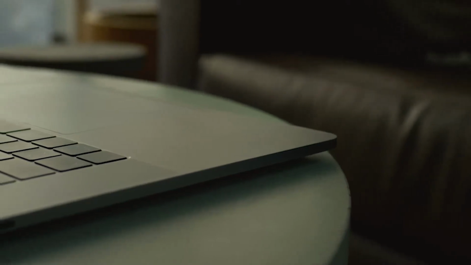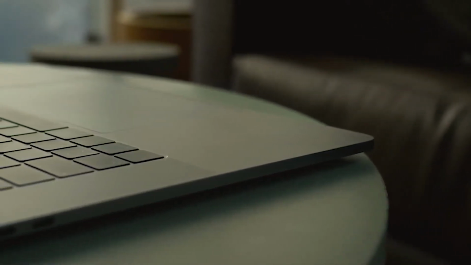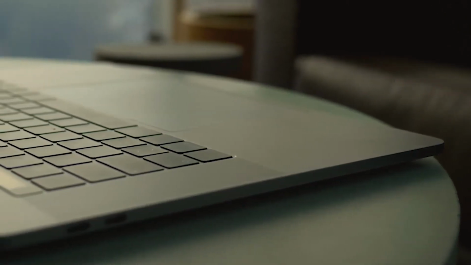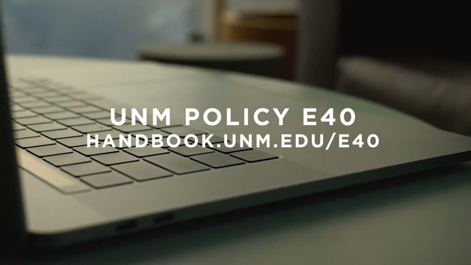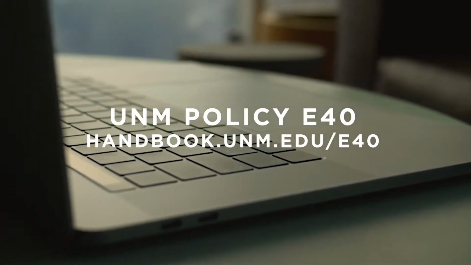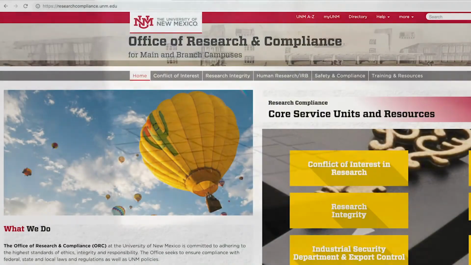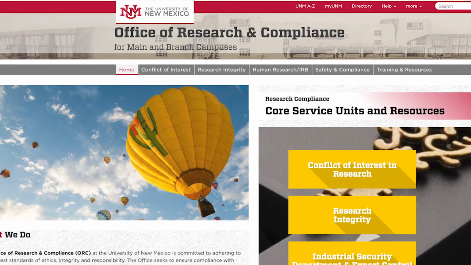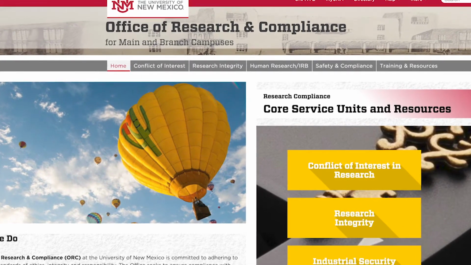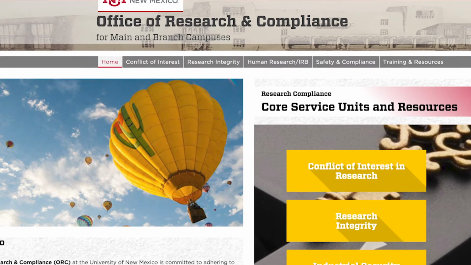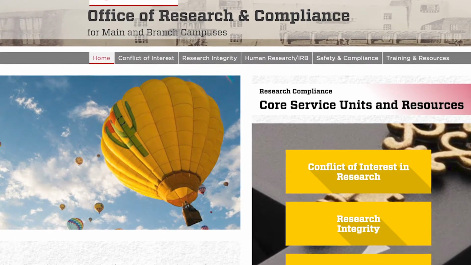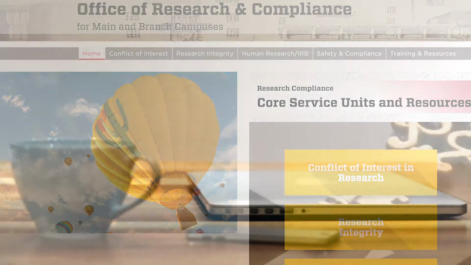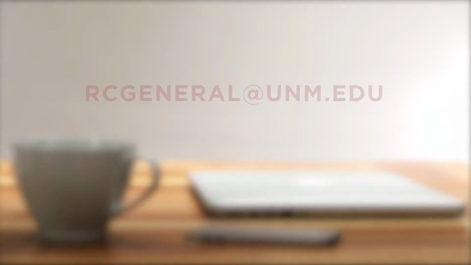All institutions that receive federal funding, including UNM, must have a process for reporting and investigating research misconduct. We follow UNM Policy E40, which details assessment of allegation, inquiry, and investigation processes. Official reporting of research misconduct at UNM can be made to the Office of Research and Compliance, a division of the Office of the Vice President for Research. Once the office receives a specific claim of misconduct, research officers must proceed with the assessment as outlined in Policy E40. You can also report research misconduct by sending an email to